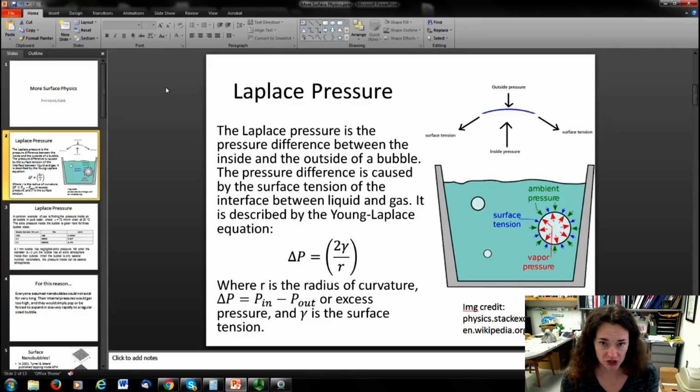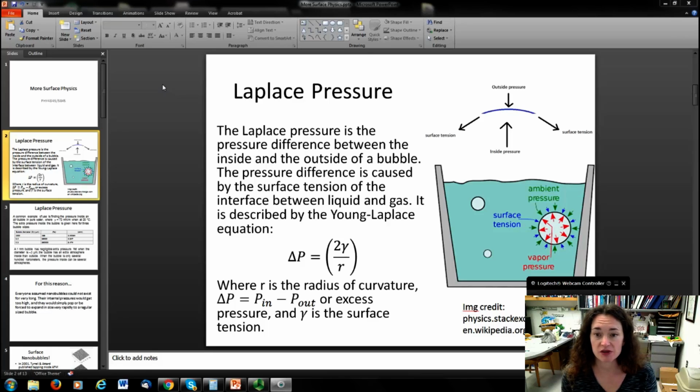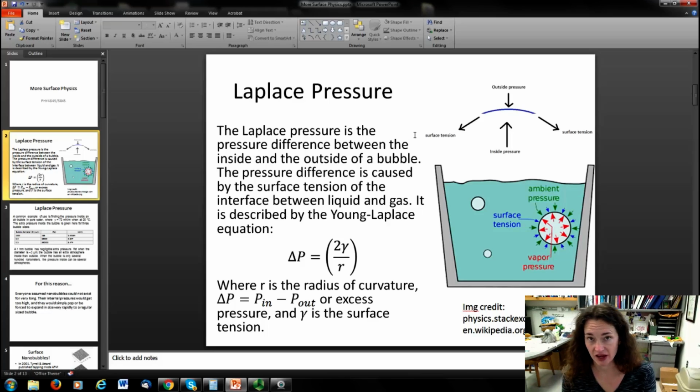The Laplace pressure is the pressure difference between the inside and the outside of a bubble. And the pressure difference is caused by the surface tension at the interface of the liquid and the gas. It's described by the Young-Laplace equation, where delta P is the difference between the inside and the outside pressure of the bubble. So it's the excess pressure, if you will. It's equal to 2 times gamma, which is your surface tension, divided by R, which is the radius of curvature